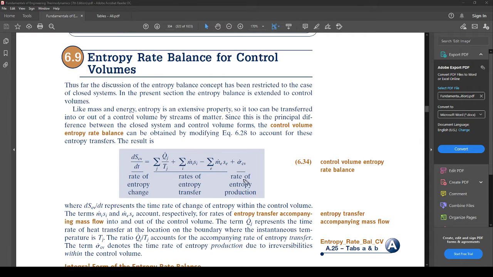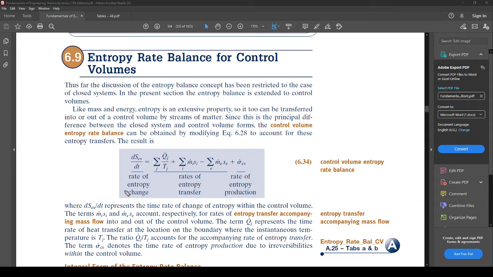Like this equation is pretty much the same thing as it was before, except this part didn't exist, if you guys recall. This part, it was just these two equations, right? Or these two. Because we didn't have any mass coming in or coming out. So we had to add a term. We added the entropy coming into the system minus the entropy leaving the system.